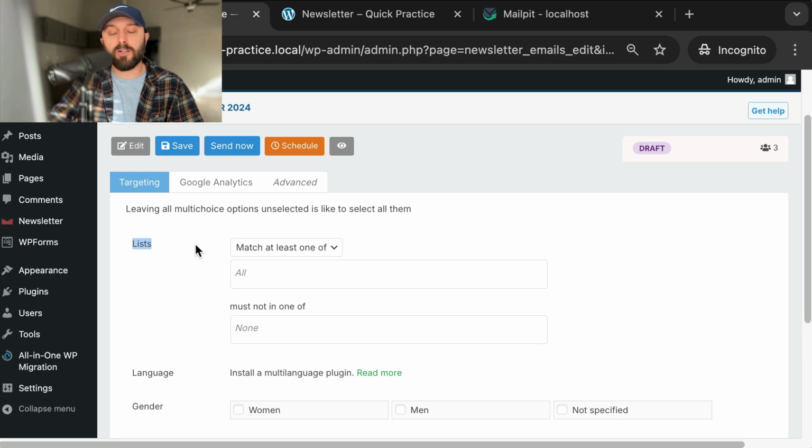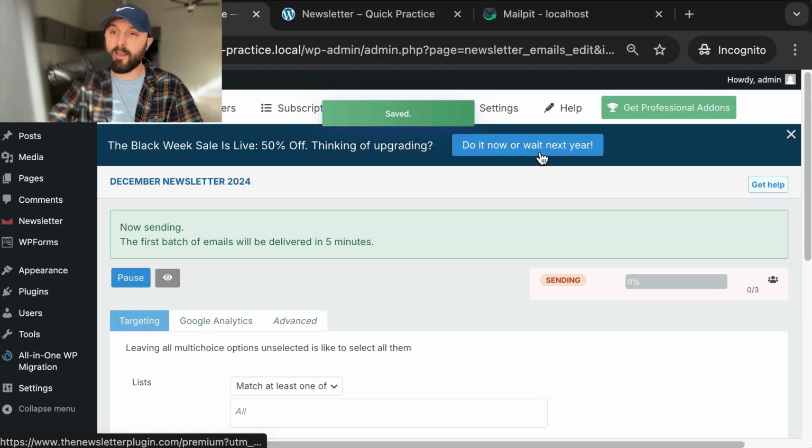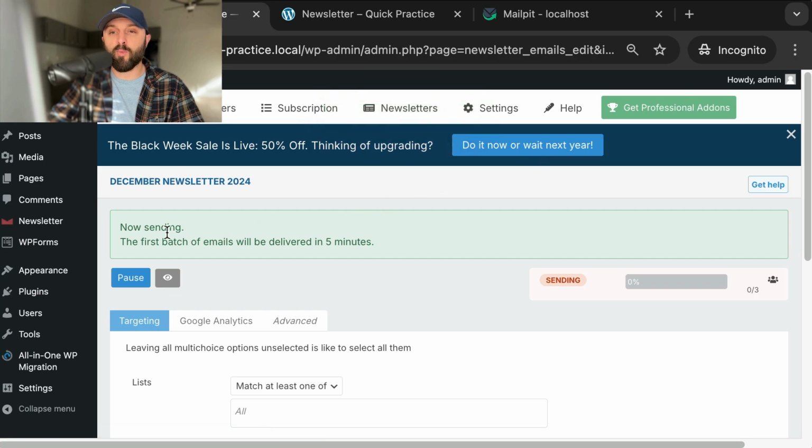But in this case, I just want to blast out this email to anyone that's on any of my lists. So this default option is okay. You just click send now. It's going to ask, are you really sure? Click okay. And now it will wait 5 minutes, and then it's only going to be able to send, I